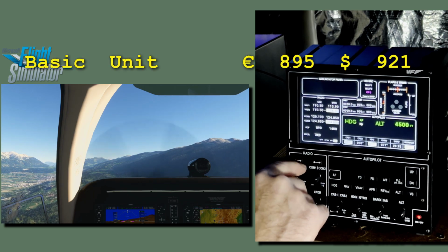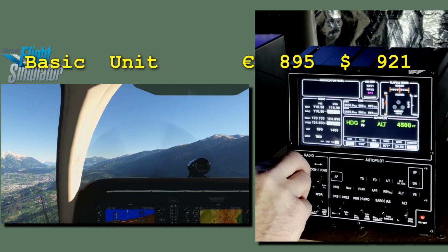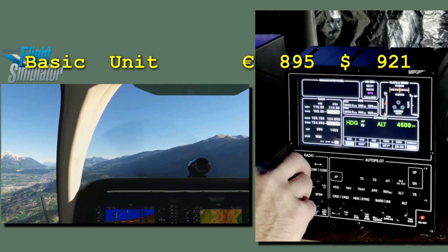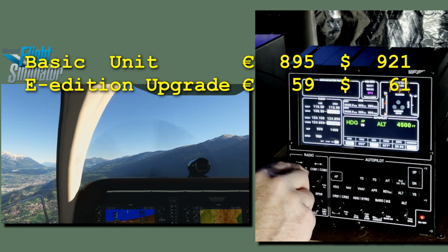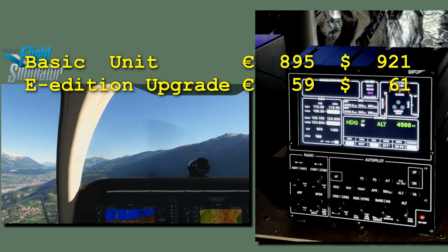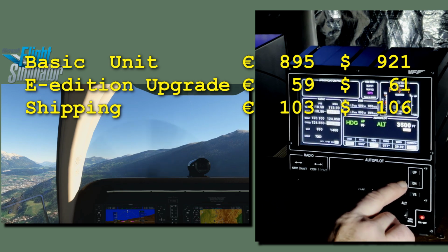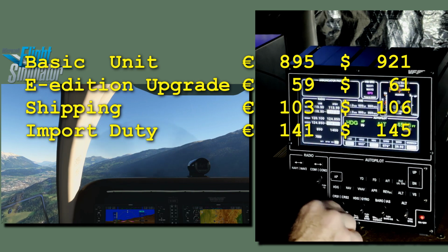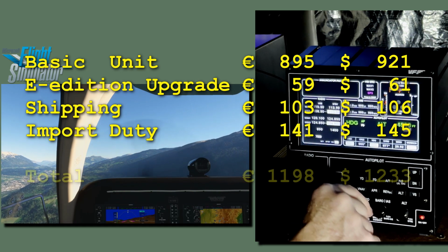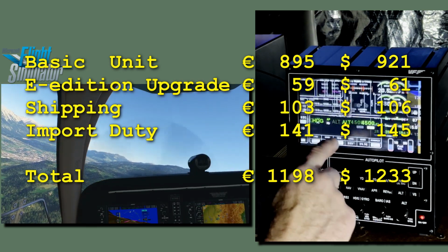Well, first, the basic unit costs 895 euros, or about 921 US dollars. But then there's an upgrade for the E-edition, which is the one I've been flying here, and it has the PFD included. It's a software upgrade that you could add later. Then there was the shipping to my location in the central US, near Cincinnati, Ohio. I was charged an import duty of 145 US dollars. And when you total that all up, it's a pretty sizable amount, especially if your wife has access to the